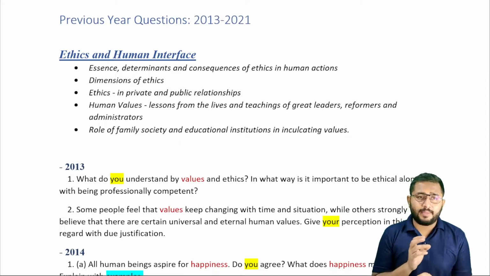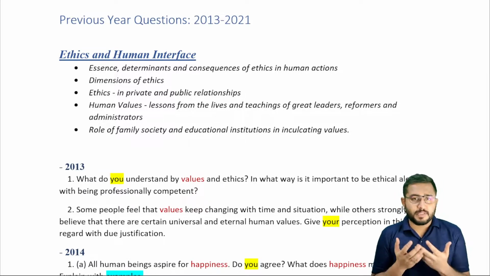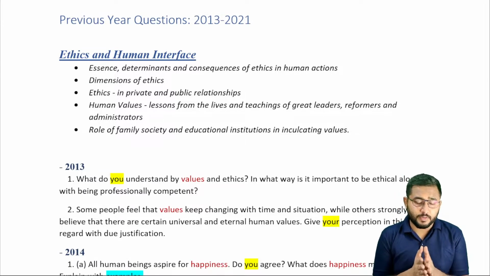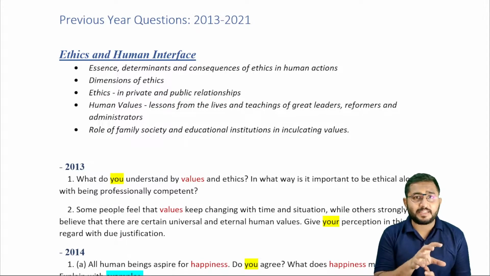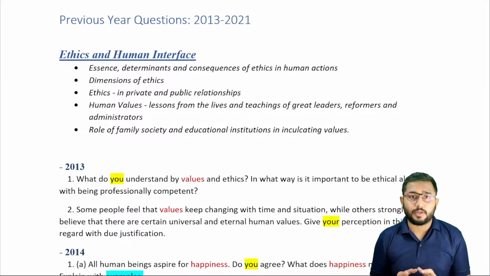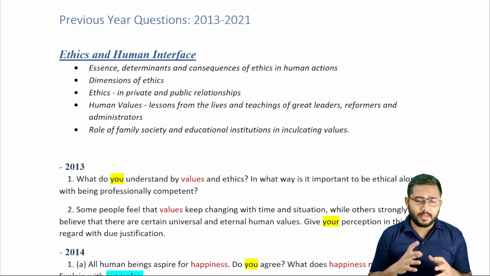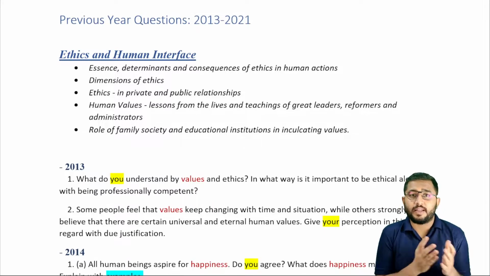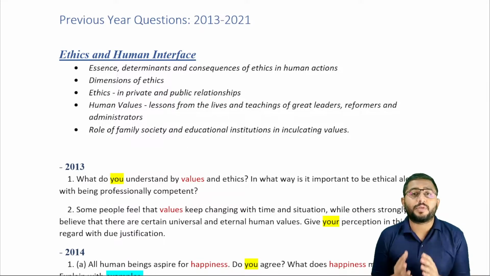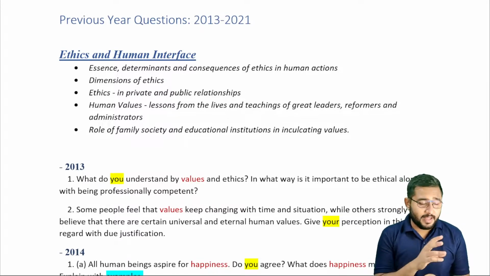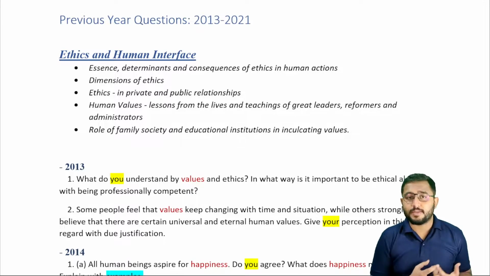Right? And I understand that a lot of people, especially the people who are giving this examination for the very first time, आपके लिए ये चीज़ analyze करना थोड़ा difficult होगा because you might not be very familiar with the subject itself. And that's where I'll try to teach you how to analyze question papers from that UPSC perspective. But for that, I really want you to go ahead and read the syllabus.